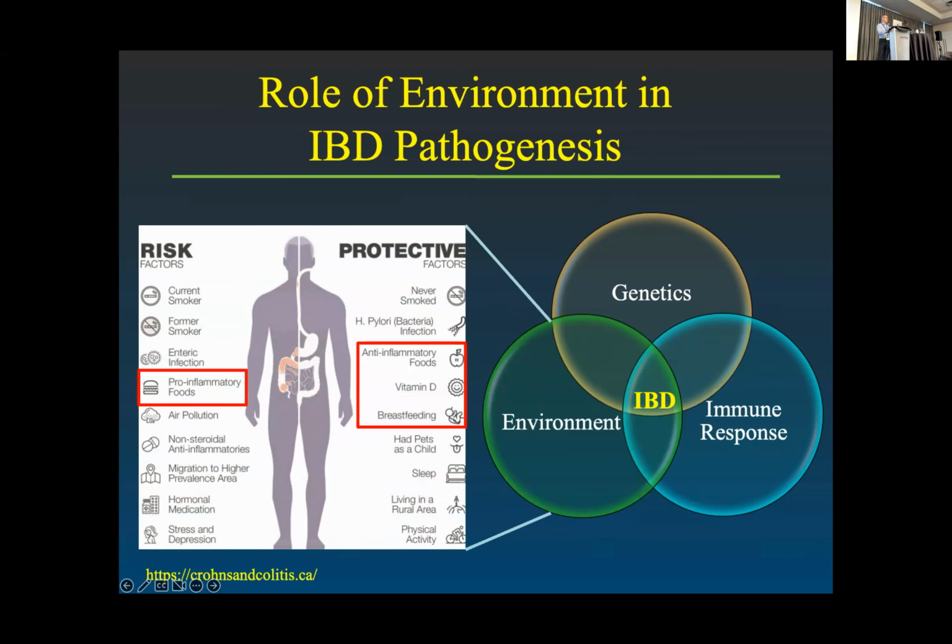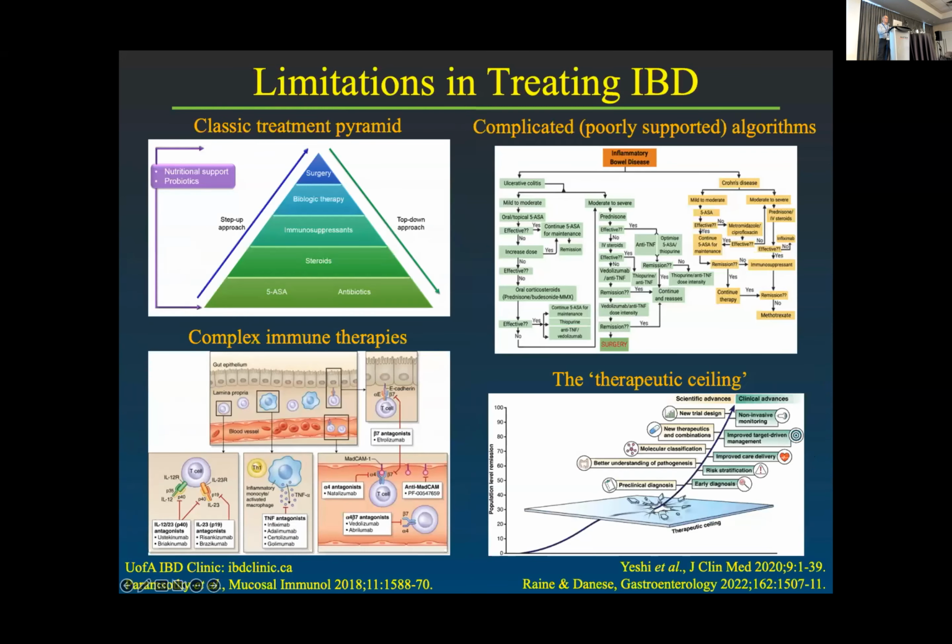So how does this translate into the world of treatment and what we're actually doing for our patients? I'm showing here 4 different aspects that relate to treatment of IBD that I think will maybe exemplify why this is such a challenging field. So on the top left, you can see the classic treatment pyramid that we've practiced over the years, where you start with a treatment. If it doesn't work, you move up to the next stage, with surgery being at the top of that pyramid. And that really makes sense.